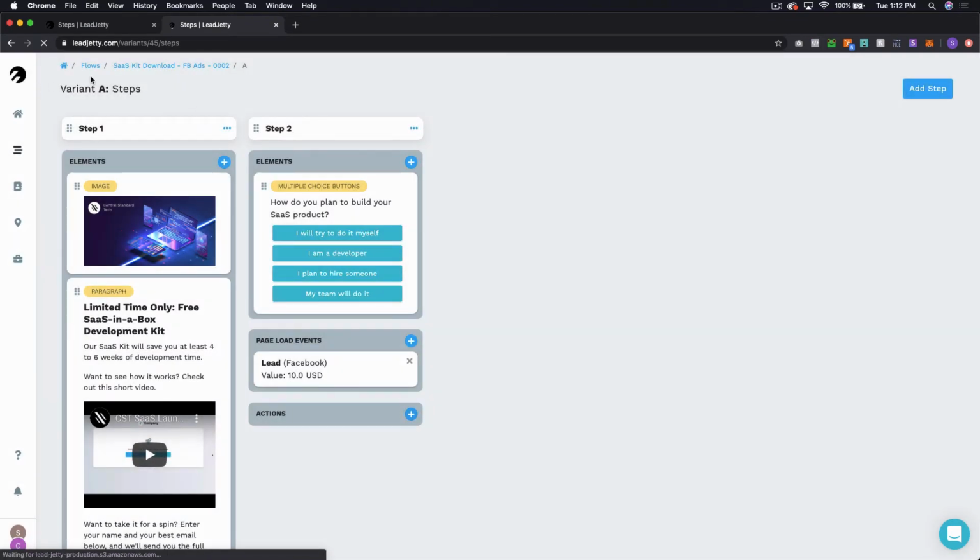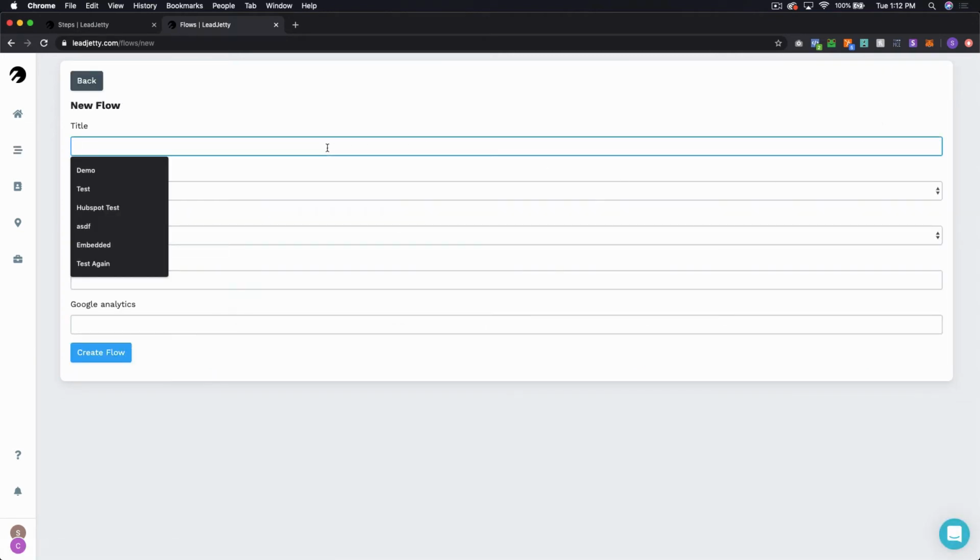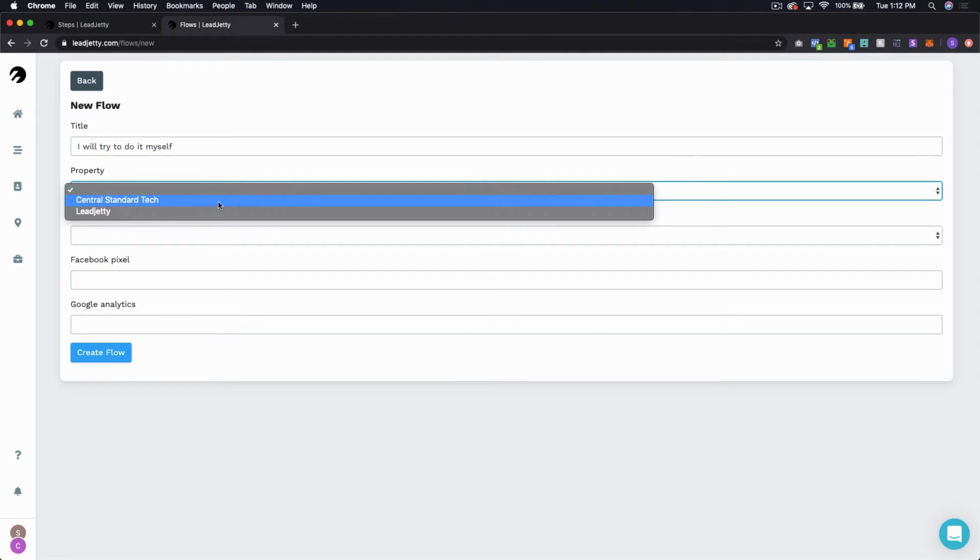So instead of doing it here, what I need to do is actually set up some subflows. So I'm going to go ahead and create the flows, and I'm going to title them differently than I did last time, because instead of trying to name these after personas, which we're not totally clear about, I'm going to name them based on the answer. So I'm going to call it, I will try to do it myself,